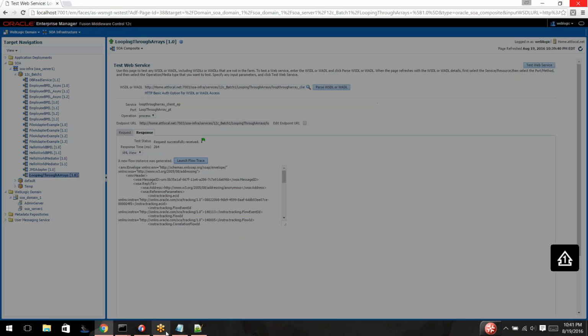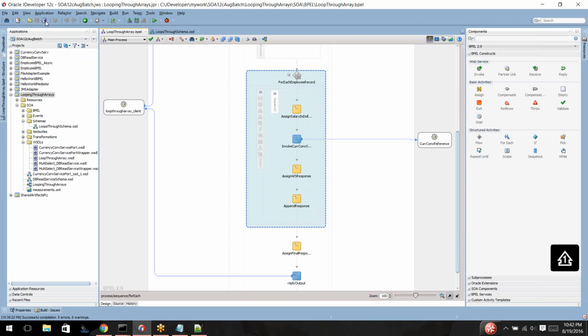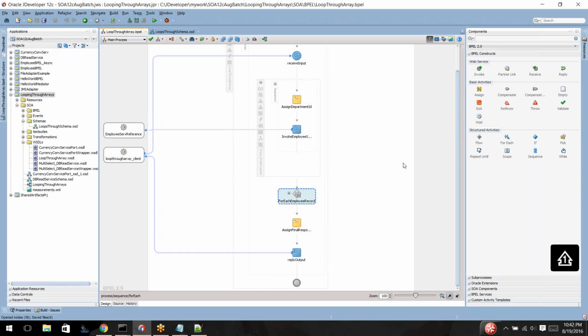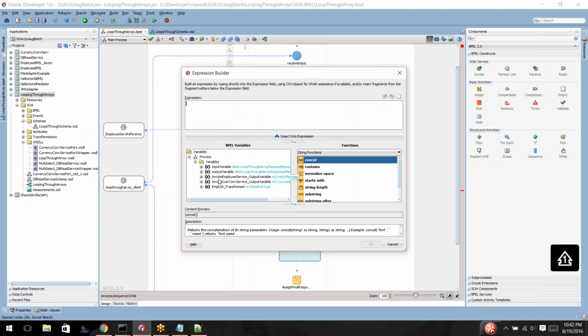So this is how you use a for each. Let me quickly show you how to use while, since I don't want to take another one. How to use a while also works similarly. How it works is, while you need to give a condition. I would say while more employees. And what is the condition? The condition is while the count of,